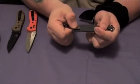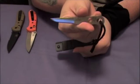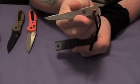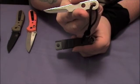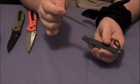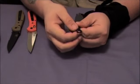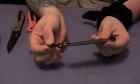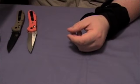This is my one and only Buck knife. The Buck Smidgen. Cool little knife, I think for like 10 to 12 bucks or something. I think it's cool. Could be a neck knife. I got the little keychain thing on there at the moment. Either way,